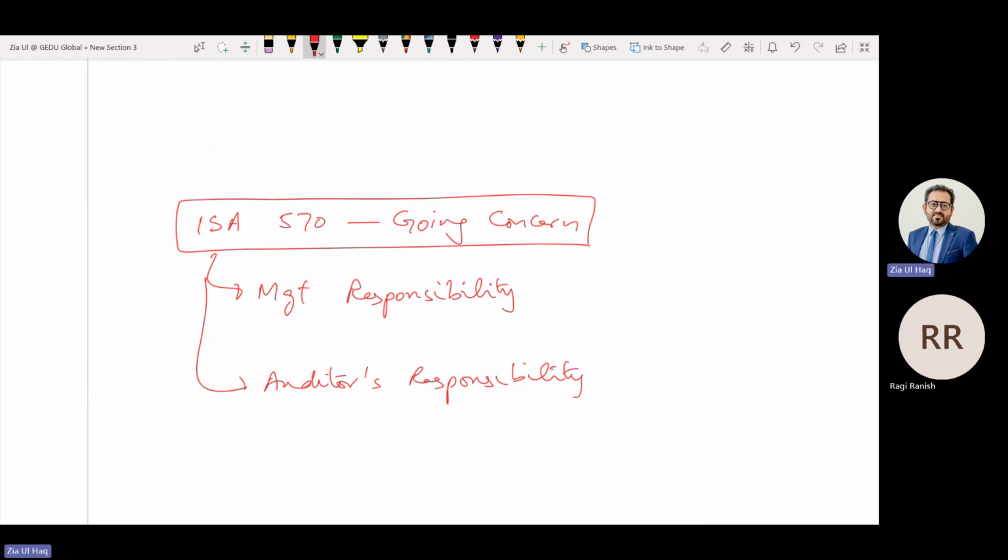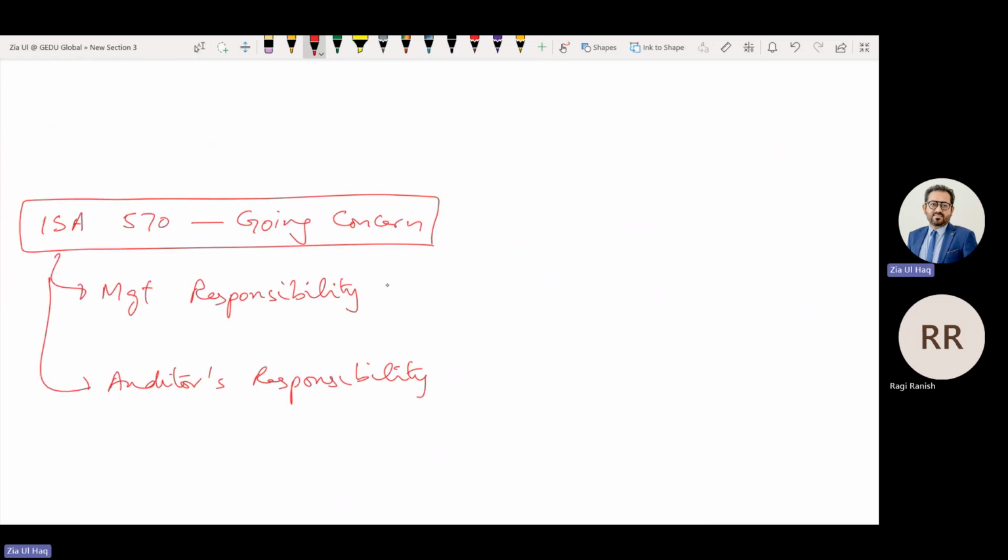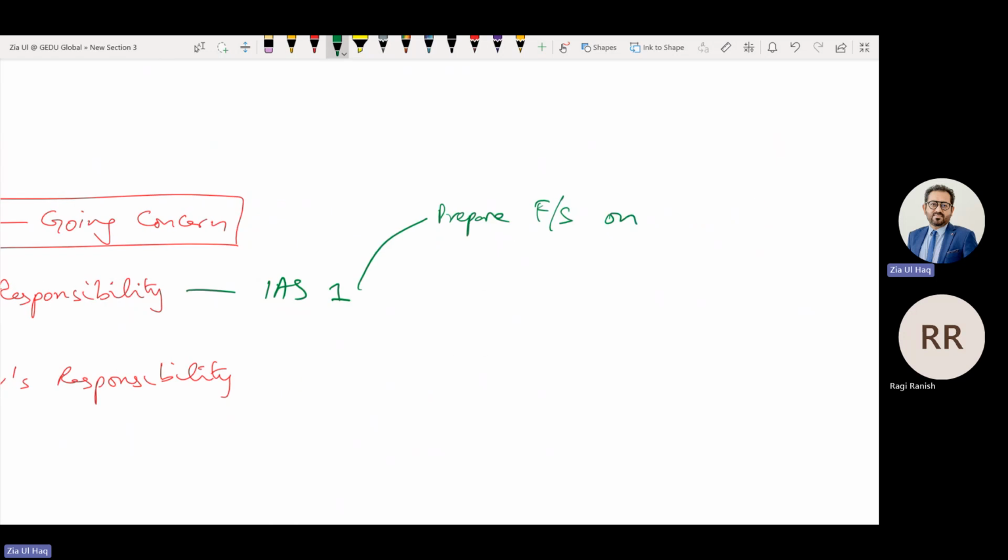What are the management responsibilities under IAS 1? Management needs to prepare financial statements on a going concern basis. If the company is a going concern, they should prepare normal financial statements.